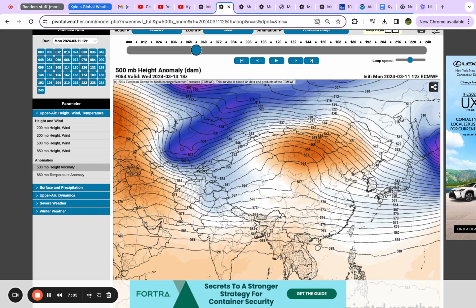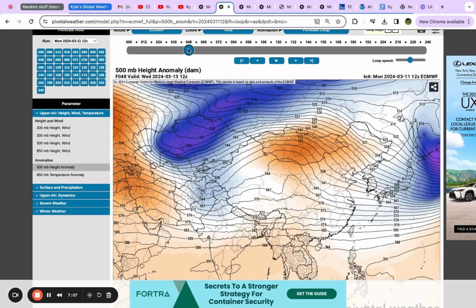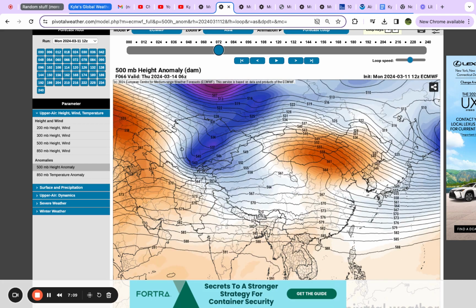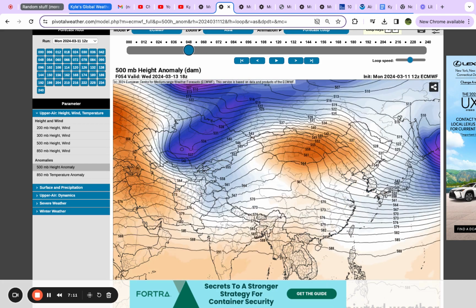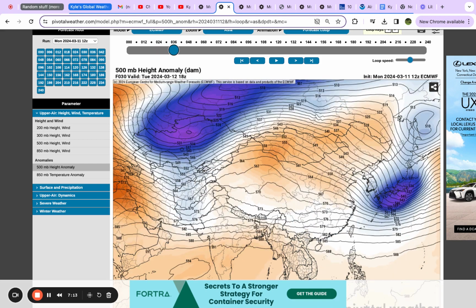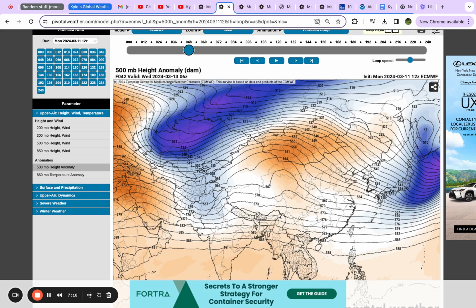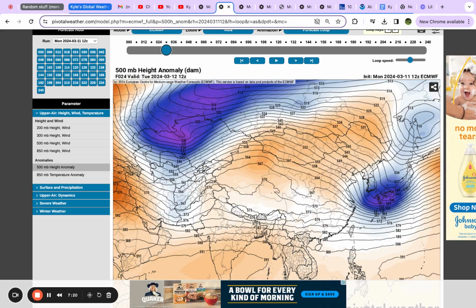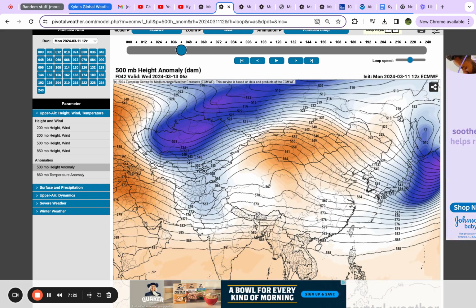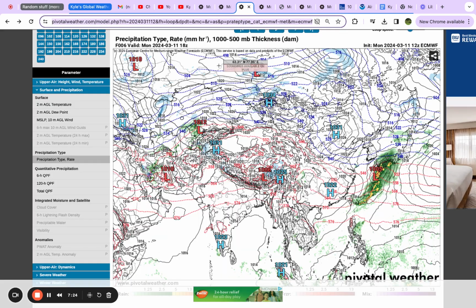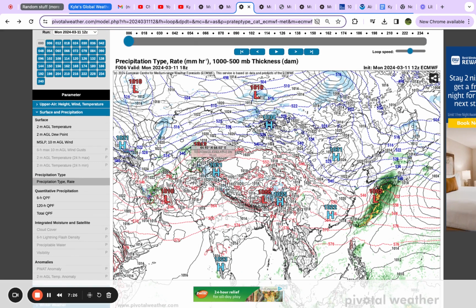We could get into this a lot more, but I don't see this to be a major event for Japan. I think this is just one of those late winter moderate snowstorms, but it's still pretty interesting to talk about because we're getting into mid-March and this kind of stuff is still happening. We're not going to focus on the blue or reddish colors for this one. All we're going to focus on is the precipitation.